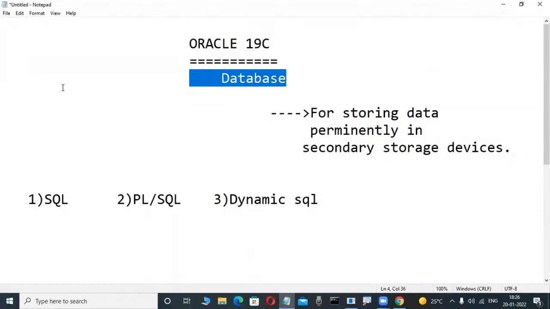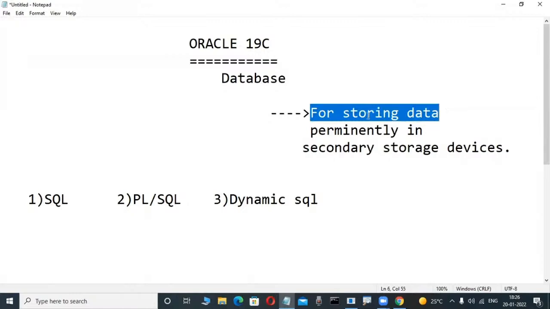Some Java, .NET, or Python application front end is there. The data we are entering is stored in the back end. First-time newcomers think databases are only for storing data, but that is absolutely wrong. Not only storing data, there are so many things. Databases mean not only storing data, but also efficient retrieval of data